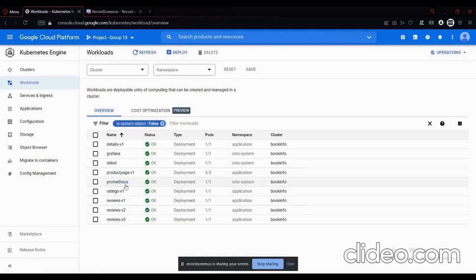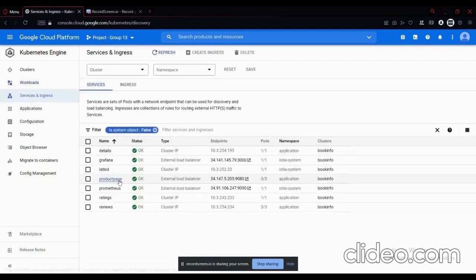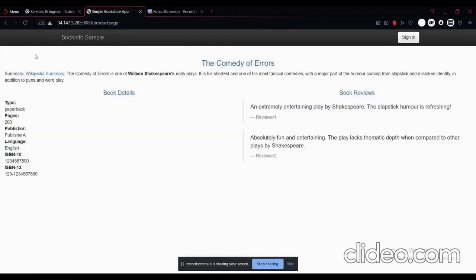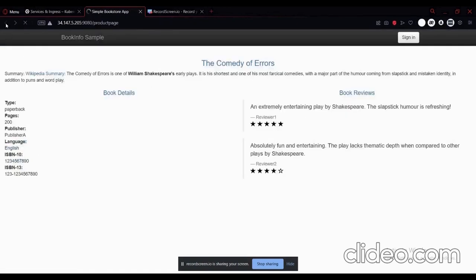Also, Prometheus and Grafana are in the Istio system namespace. Now we go to services and ingress to get the URL of the product page in order to check it. As we can see, it was deployed successfully and everything works as expected.